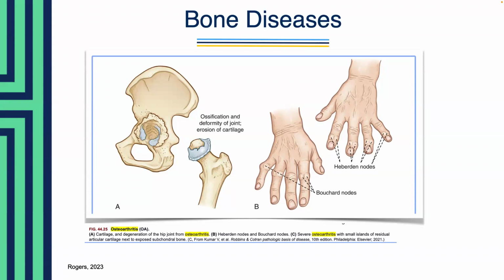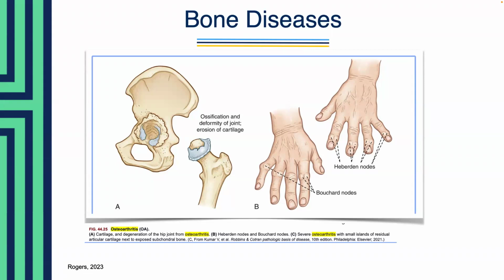In osteoarthritis, the protein-degrading enzyme stromelysin is commonly upregulated, contributing to the breakdown of the articular cartilage matrix, and that leads to cartilage erosion and joint space narrowing over time. MMPs, such as stromelysin, are enzymes that break down the cartilage matrix in osteoarthritis. The changes that occur in the subchondral bone in osteoarthritis are increased thickness, from bone spurs or the formation of osteophytes, and the development of cysts and sclerosis.